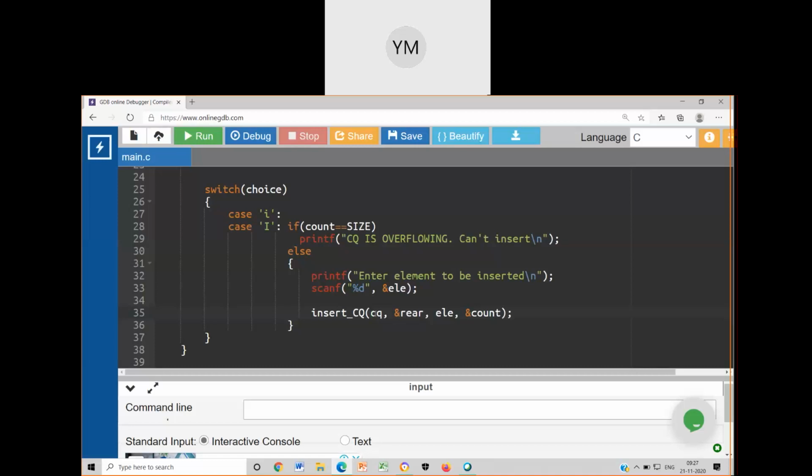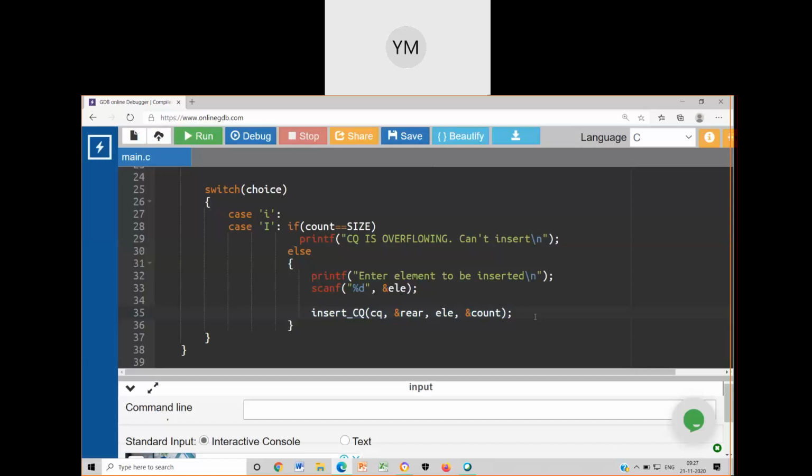It is an implicit pointer. I hope this is clear for you. This line of code is clear for you. Please make sure that you are understanding it right away. If any doubts, please let me know. No doubts? So I will proceed.